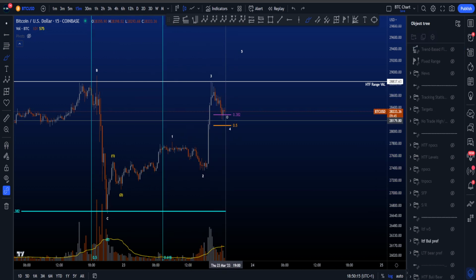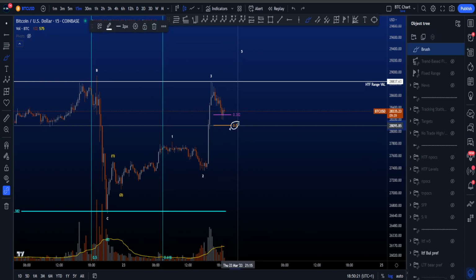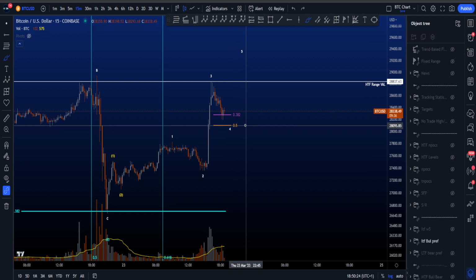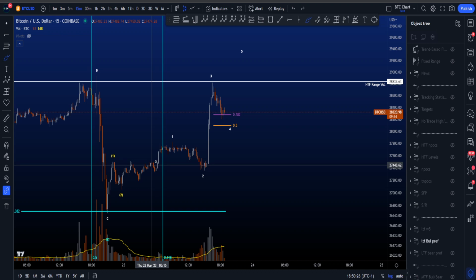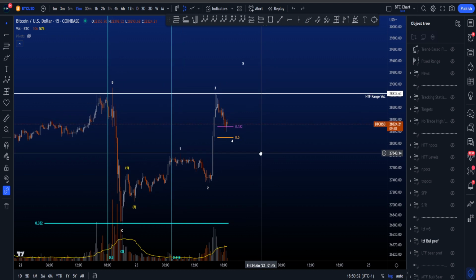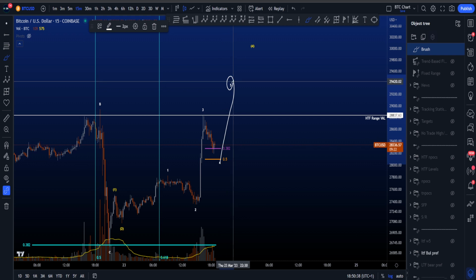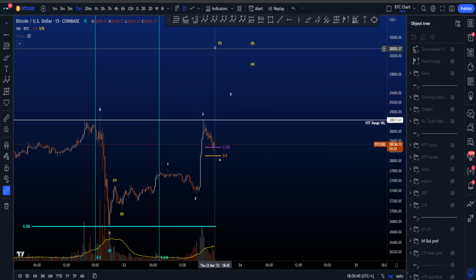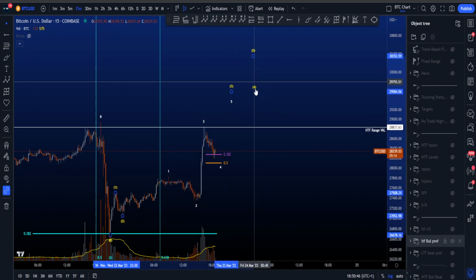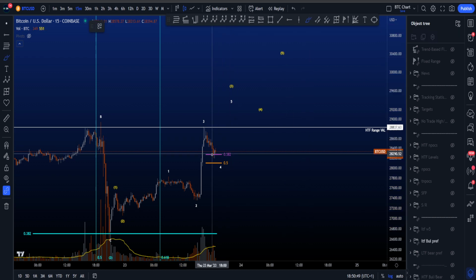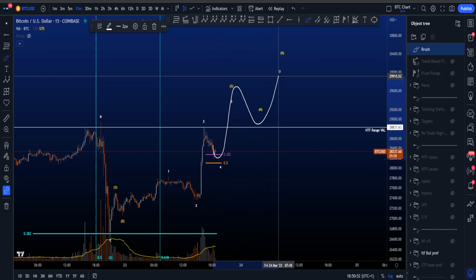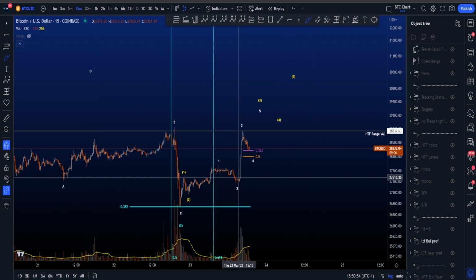Currently working on a potential wave 4 over here, and then a 1, 2, 3, 4, 5, where we don't want to see wave 4 dipping below this 0.5 level at 28.1k, because then it is going to be unlikely this is a 1, 2, 3, 4, and then eventually a 5 to the upside. However, as it stands now, this is still a valid structure, and in this scenario we would then expect a wave 5 in white to the upside. Now this wave 5 in white would then end a wave 3 in yellow, then followed by a wave 4 in yellow, and eventually a wave 5 in yellow. So you get a little bit of a 3, 4, 5, and that would then end this particular impulse.